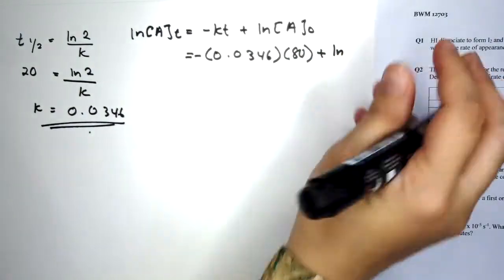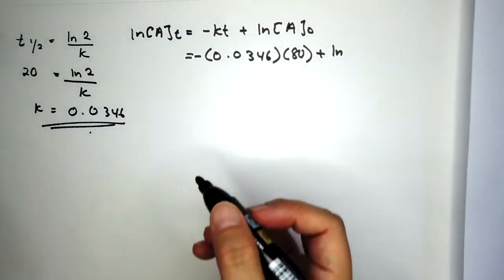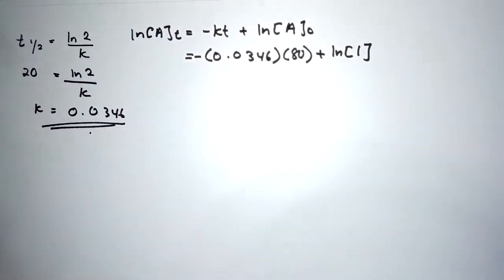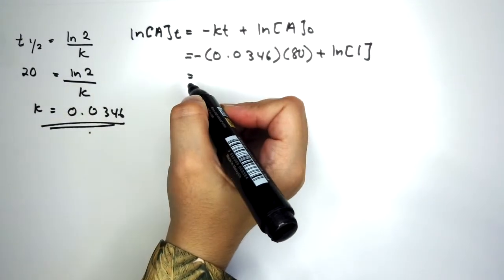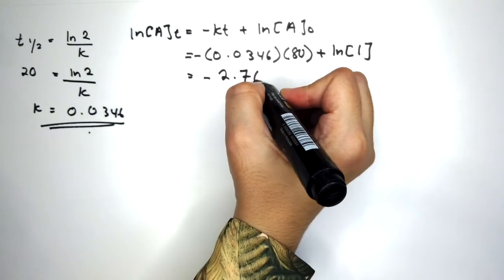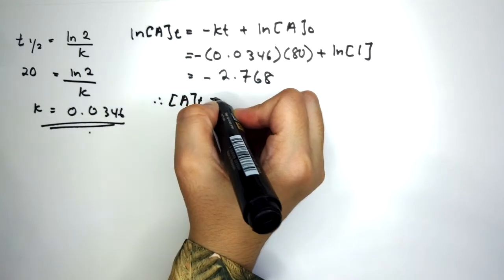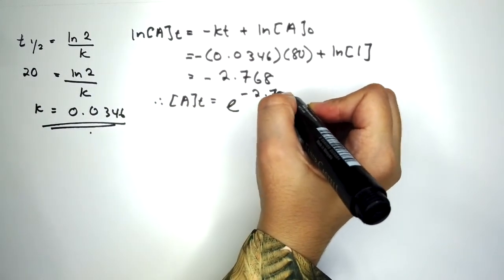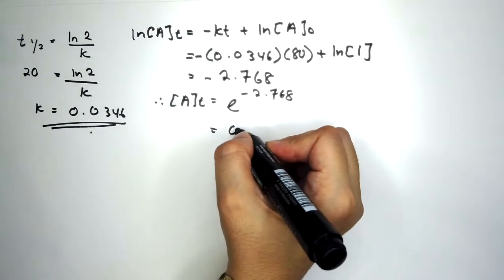Okay, what is your initial concentration? Initially, the concentration of your reactant should be 100%. So 100 divided by 100 equivalent to 1. So you should be able to calculate the value of the final concentration. So from here you should get the value is negative 2.768. Therefore, when you want to calculate the final concentration, which is the 80, you should get the concentration of the 80 is equivalent to